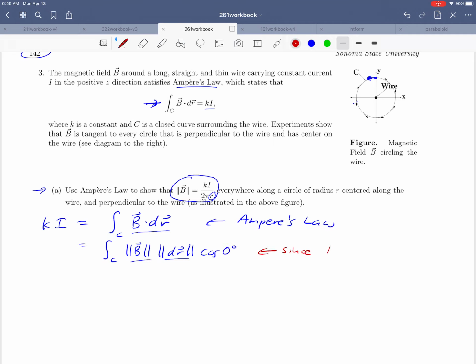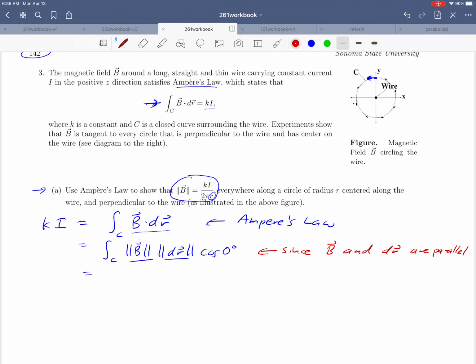Okay, since B and our displacement vector dr are parallel, that's a useful observation because the cosine of 0 is 1. So really then, what we're taking is just the integral of B times dr, and we're going to make one